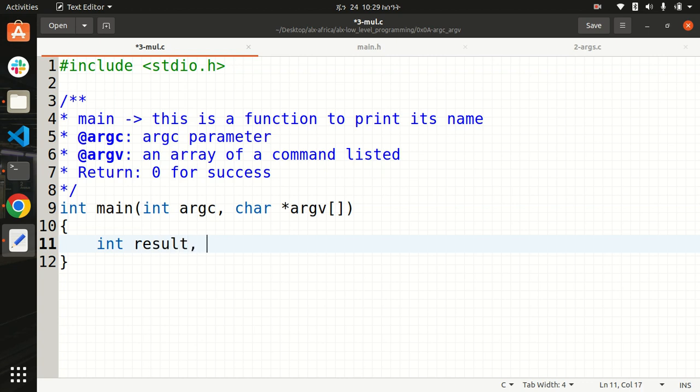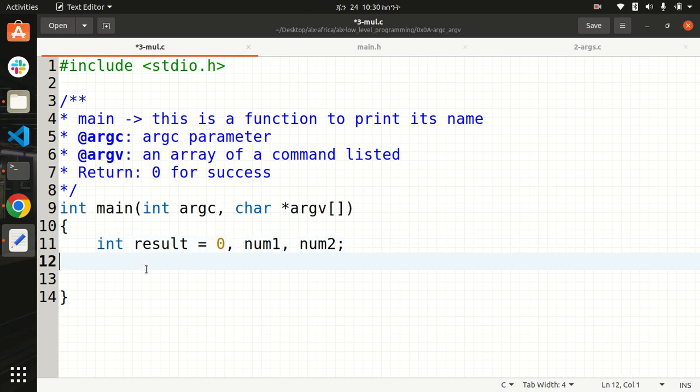the second one is to iterate through the thing. Actually, I don't need to iterate through it, so I'm going to say num1, which is the number 1, and num2, which is number 2, which is passed to my function. I'm going to come here and do, actually here result is going to be 0 first,